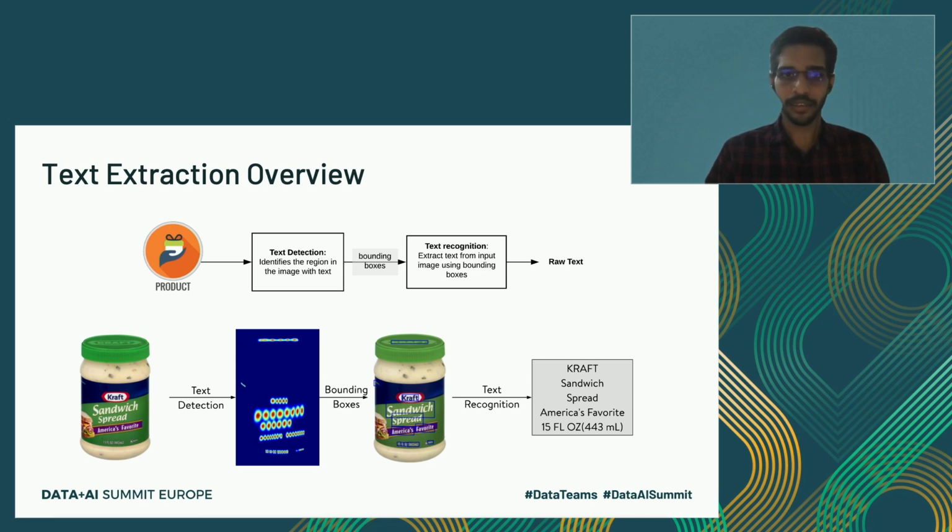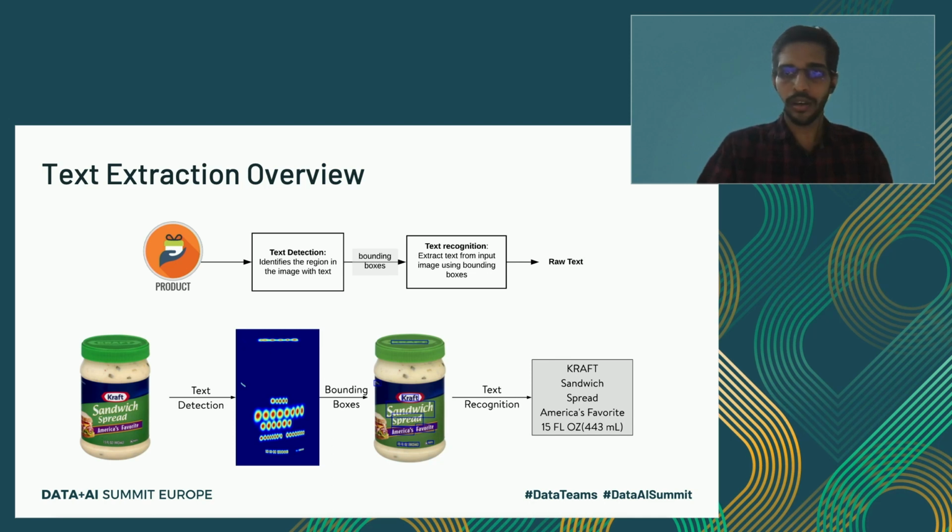Apart from that, there are multiple use cases where one can use text extraction. One example is social media content monitoring. If you consider Facebook or any other social media platform, there is so much content being uploaded on a day-to-day basis, and manually monitoring all of it is a very difficult task. So we can have text extraction in place. For whatever images are uploaded, we try to see what content is present in them. Is it offensive? Is it against something? We can extract that information automatically and try to automate this task. So these are a couple of use cases for text extraction.